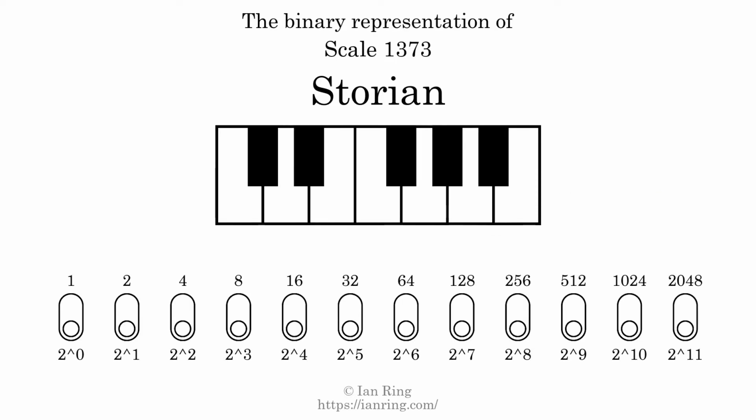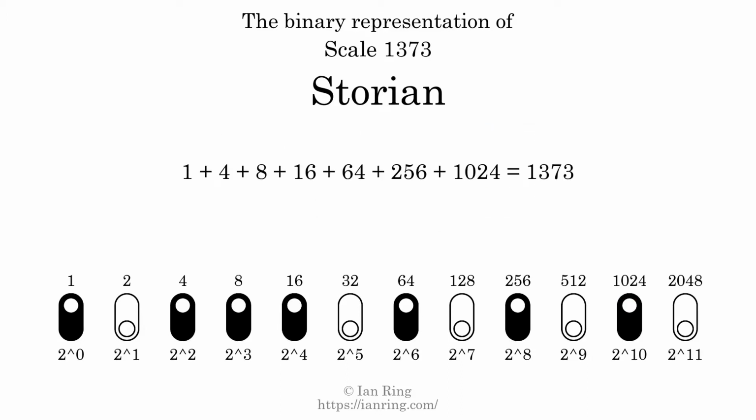The binary representation of this scale is determined by mapping tones of the scale to binary digits. Each binary digit represents a power of 2. To get the scale number, we add the powers of 2 together. The powers of 2 that are present in the scale, all added together, equals 1373. That is why the scale number, in decimal, is 1373. The scale number not only enumerates the scale with a unique index, but it also literally describes the tonal content of the scale. Represented as a binary number in base 2, the scale number is